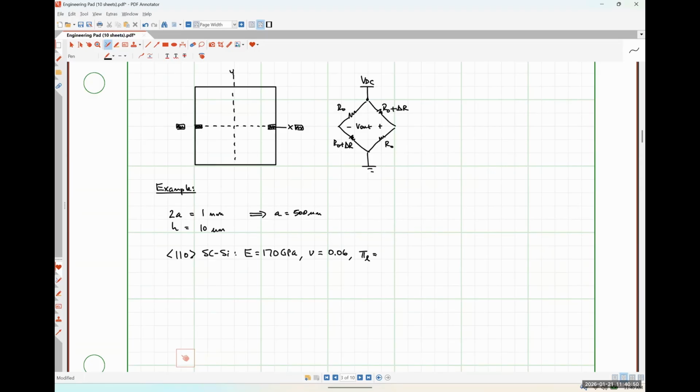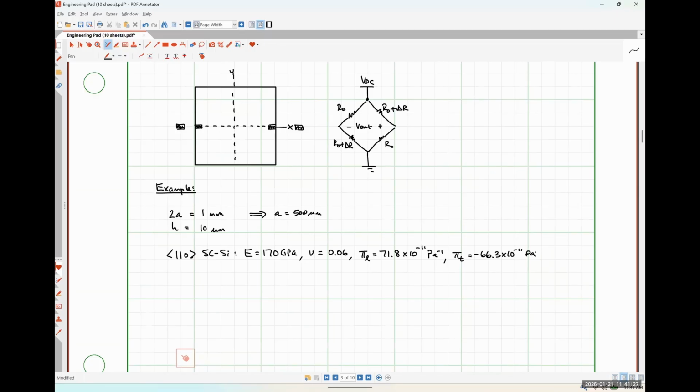Longitudinal piezoresistive coefficient is going to be 71.8 times 10 to the minus 11 per Pascal. Transverse piezoresistive coefficient is negative 66.3 times 10 to the minus 11 per Pascal. And we've got these two